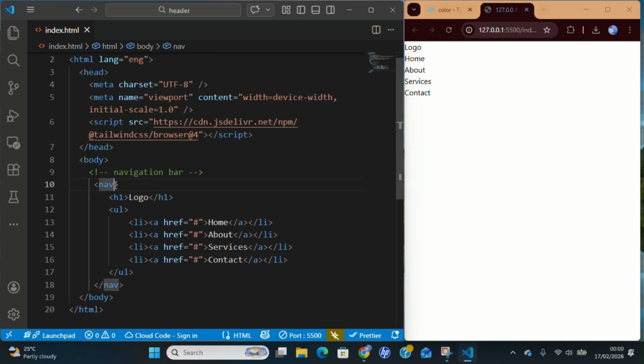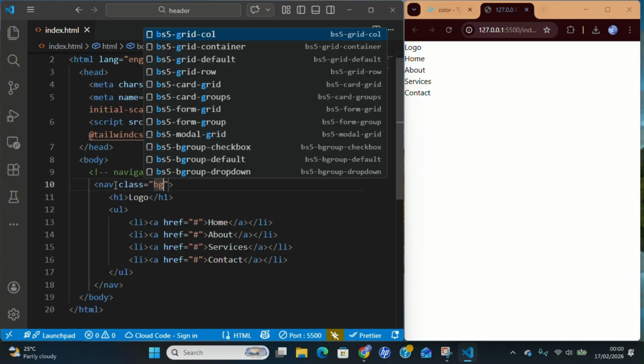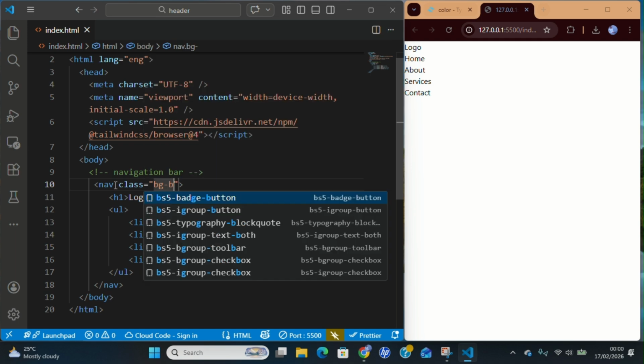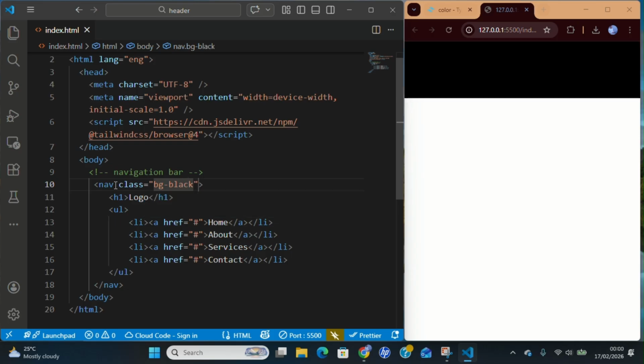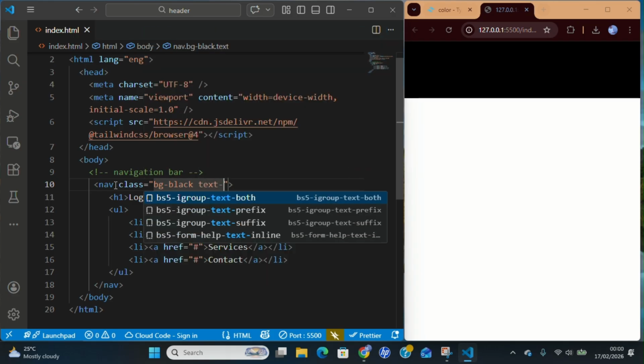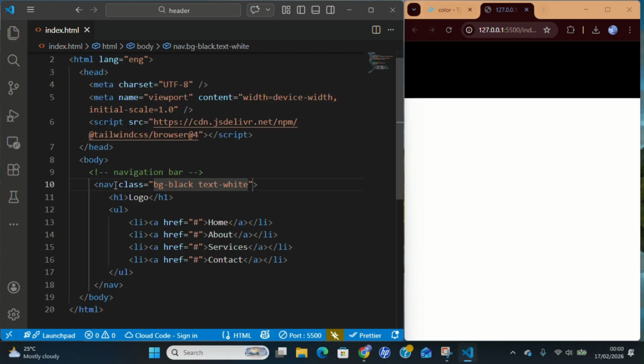Now we need to start with our nav. Let's give it a class, and we want to work on the background first. To work on background, the class is going to be bg. So anytime you want to work on the background, the class is bg-, the color of the background you want. If you want black, you can simply say black, and this is the black. And if you want text as white, you can just simply use text-white, and you can see all the